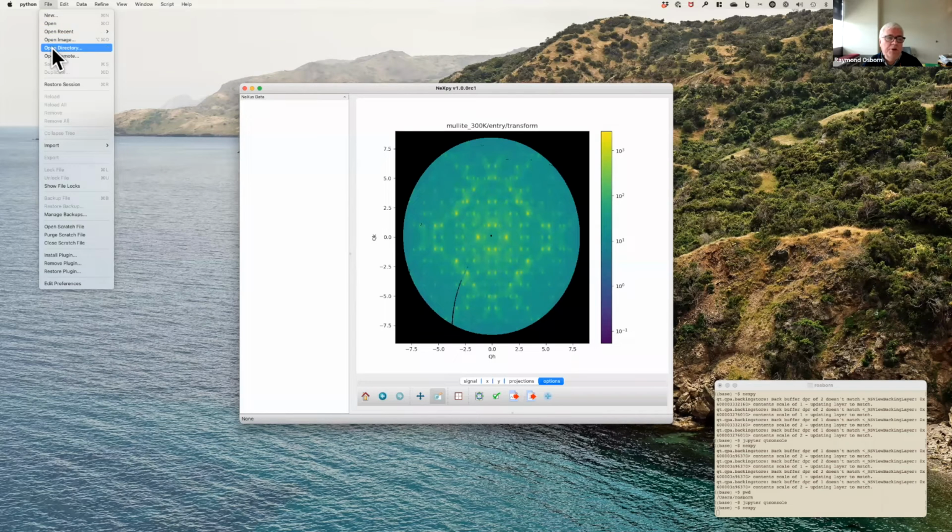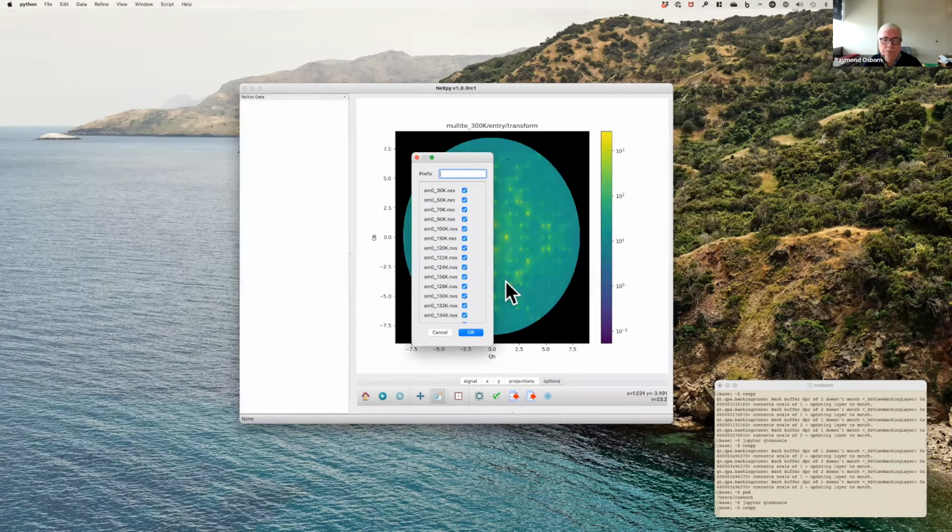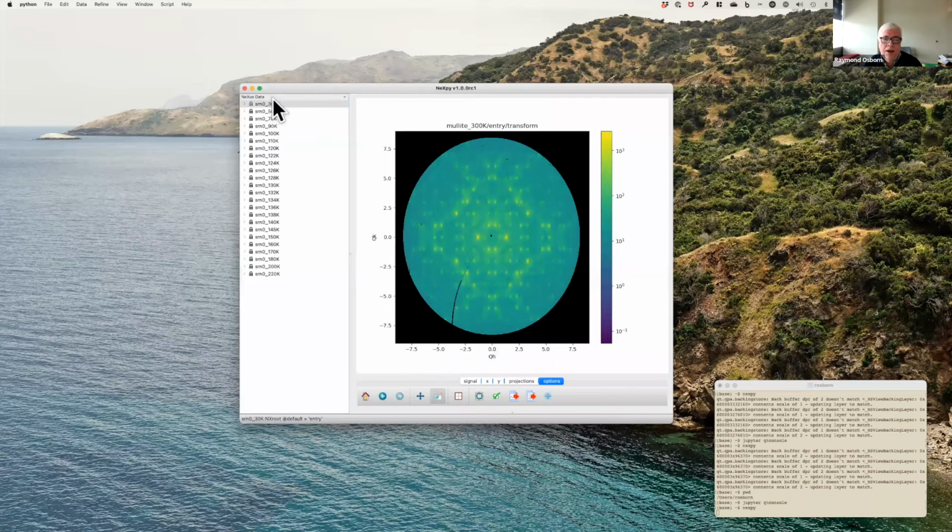So in addition to opening files, you can actually open whole directories. And we often collect a lot of data as a function of some parametric variable like temperature. So I'm going to open this whole directory. These are all the files in there. I can choose which ones I want. This actually represents something like a terabyte of data. So you saw it actually loaded almost instantly. And that's because technically we reduce the latency by only loading the top level, and the remaining levels when you need them, but